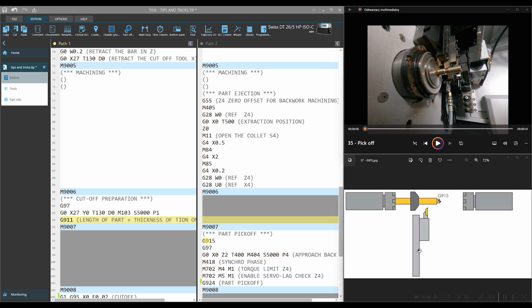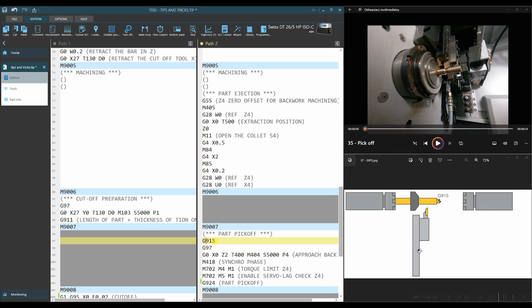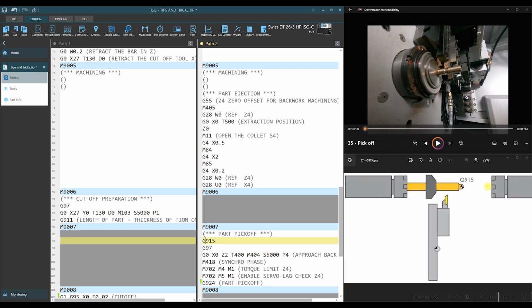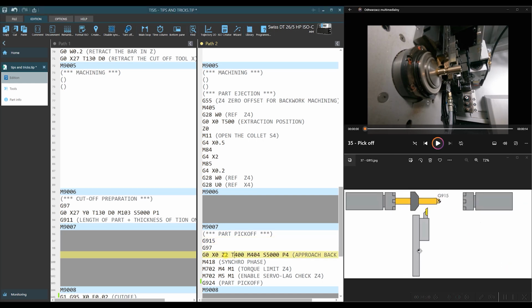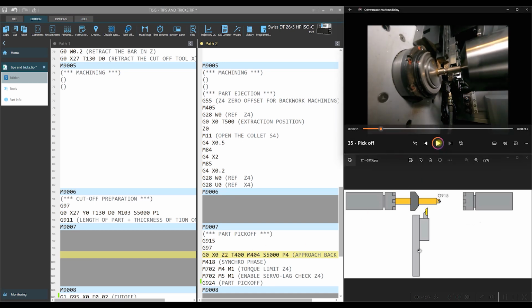Macro G915 is essential at this moment. As you see in the drawing, it shifts 0 in back operation to the face of a bar. Then back spindle approaches to 2 mm in front of a bar. You see it in the film. Next is